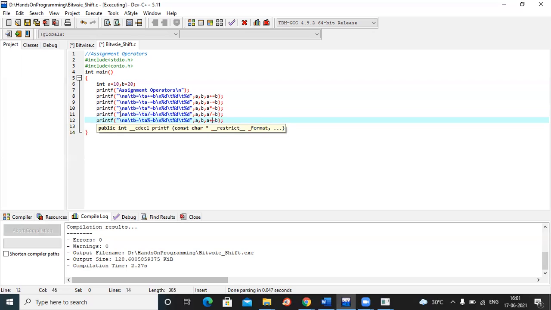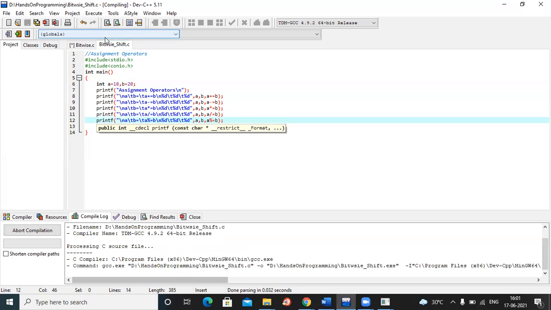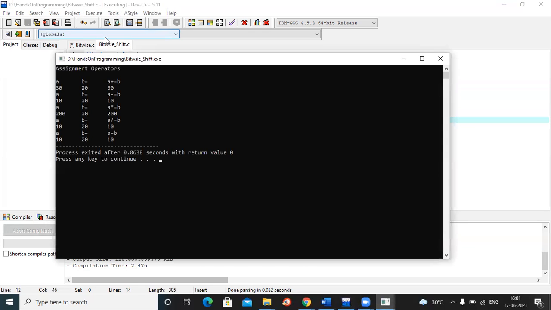So this is our division part and this is our modulus, mod, right? If I execute and compile it, you will see the output. This is how we are generating the output, the difference between division and modulus.